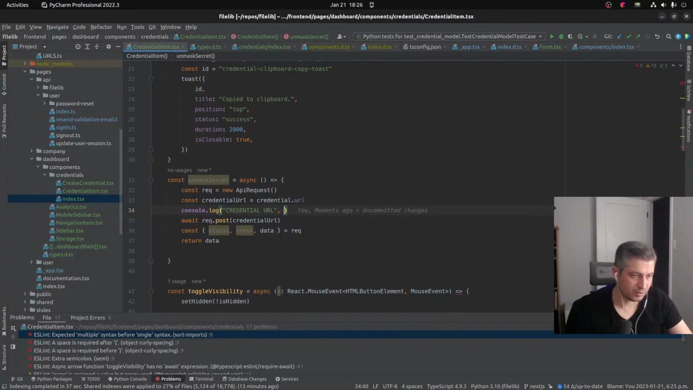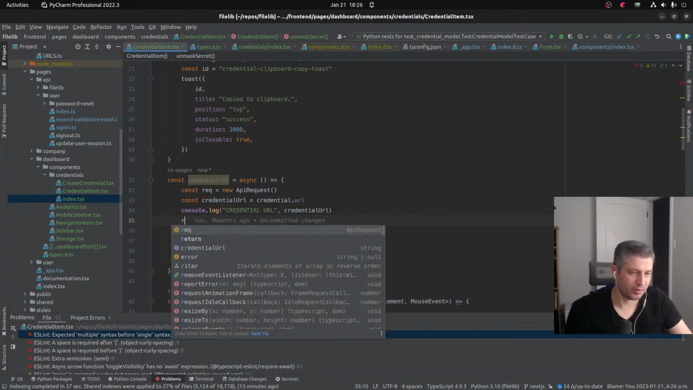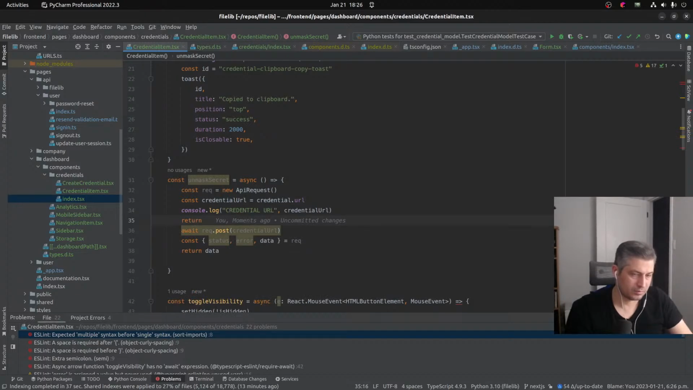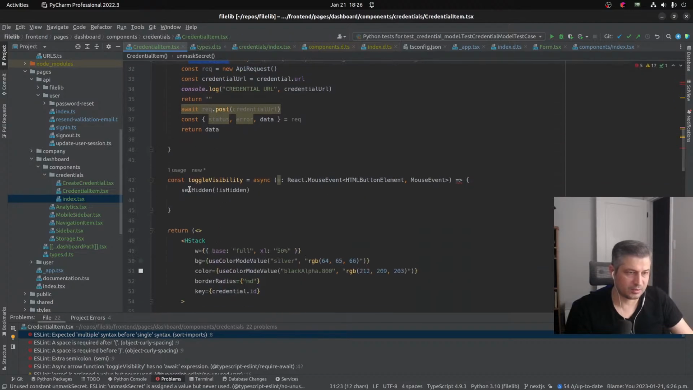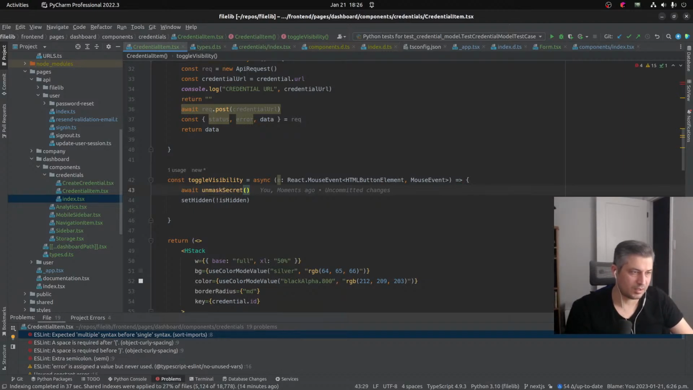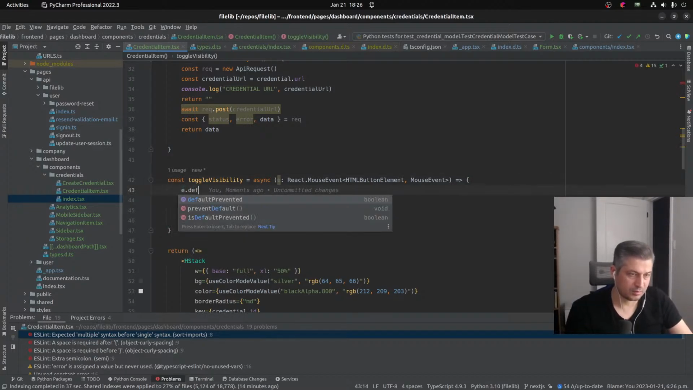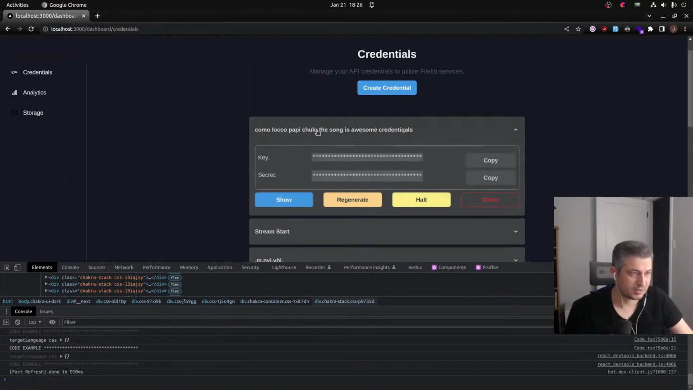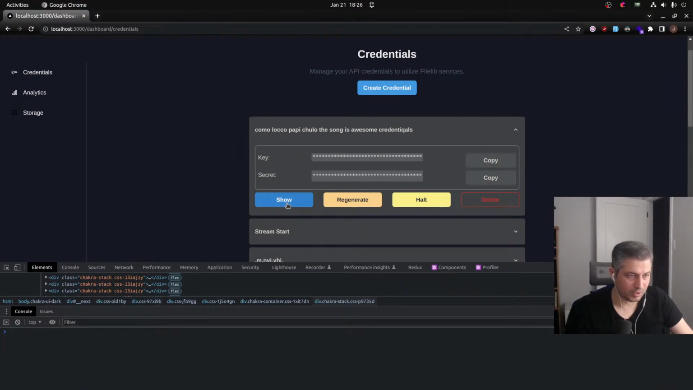This is a full URL. So we don't really have a way of... and then unmask secret. So I'm gonna just do this here. Wait, unmask secret, and then set hidden, yada yada yada. And then here we're gonna say e.preventDefault, so nothing happens when you click on the button, just in case. Cool. So if I click on this thing now, I'm gonna get a log here,